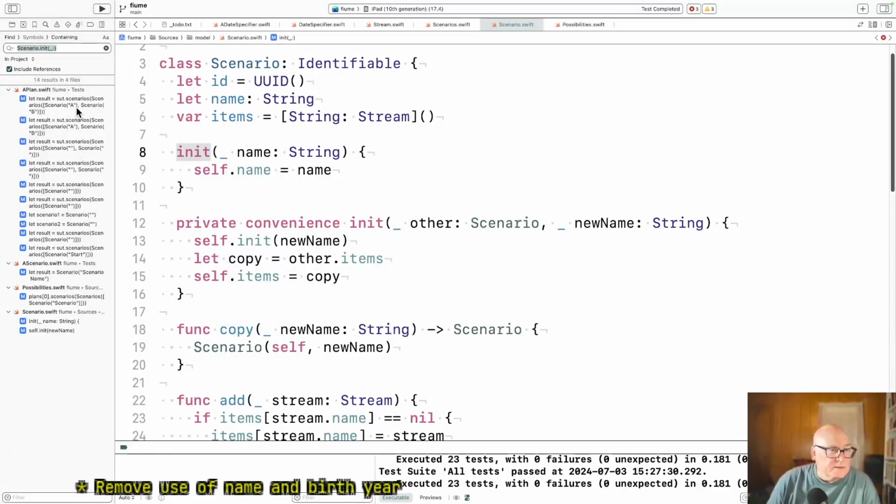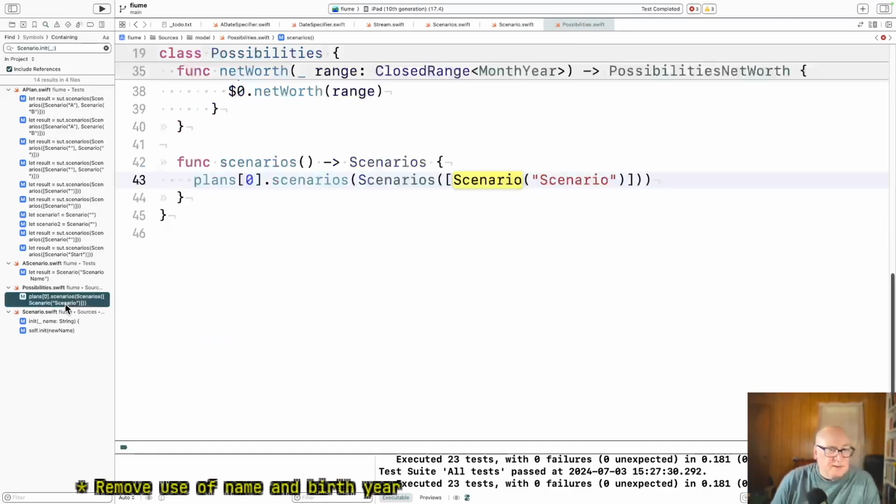Okay, well, there's scenario. Somebody generates more scenarios from scenarios. Possibilities. In the loop and possibilities.